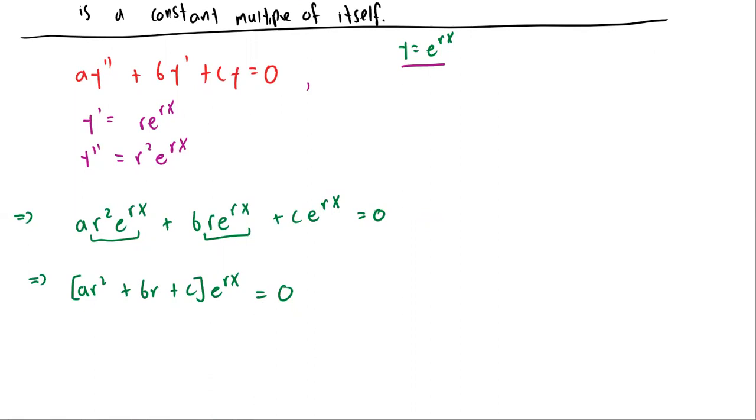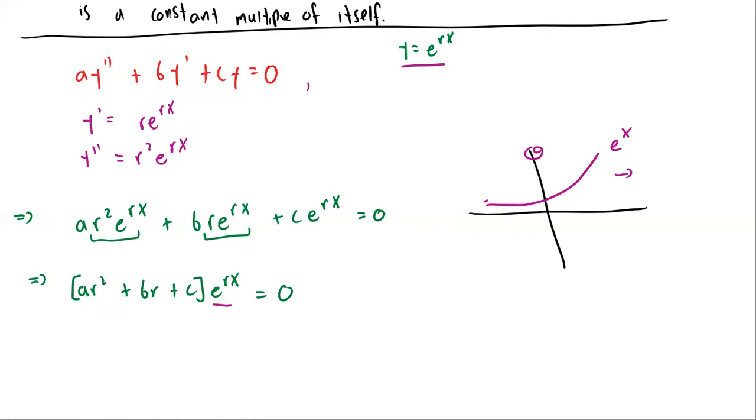Why? Notice that e to the Rx is never equal to 0. Look at the graph. In general, it looks something like this. Let me use a different color. The graph looks something like this. For e to the x, what is the r doing? It's either reflecting about the y-axis or stretching and compressing horizontally. In either case, no matter what r is,